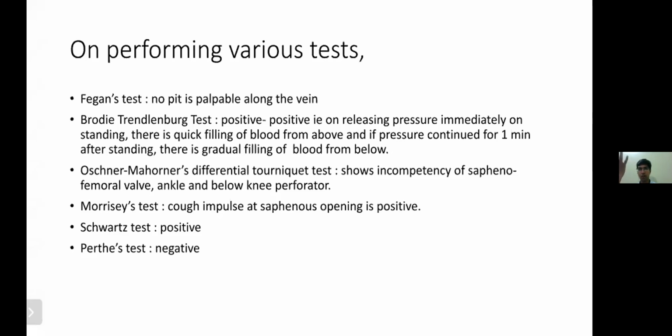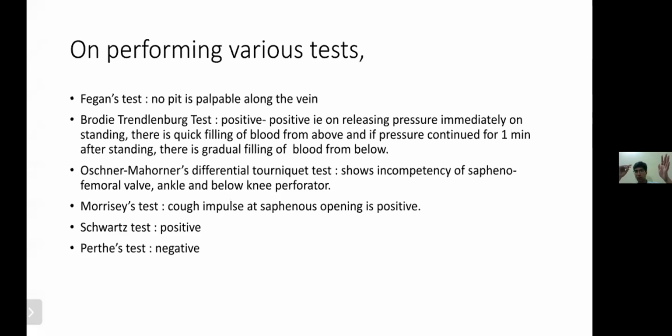Names can be forgotten a lot of times, but Cockett 1, 2, 3, Boyd, Dodd, and Hunter. But the 5, 10, 15 centimeters above the medial malleolus is important, because those are the calf perforators. One is just below the knee, one is just above the knee, and one is in the thigh. So between each of these, there are basically 5 spaces. So you tie a tourniquet between each of these. Suppose we take the thigh perforator, below the SFJ and above the knee, you tie one. That is for that. Between the other two, you tie the next tourniquet. Similarly, between each 2 perforators, you tie tourniquets.